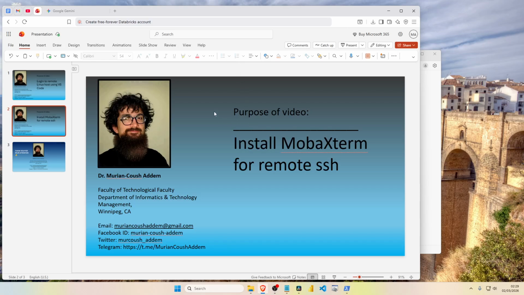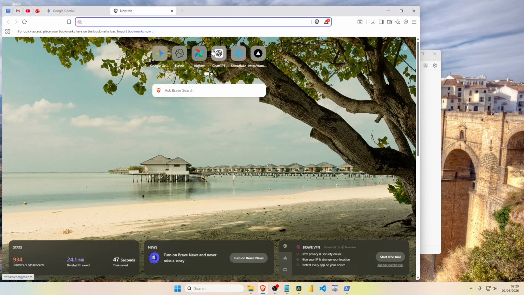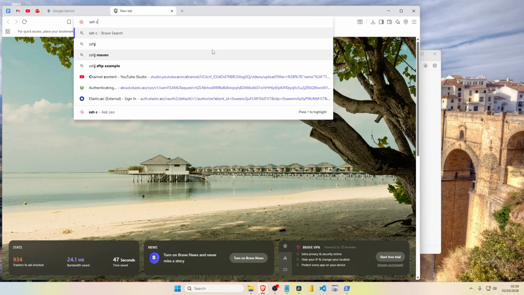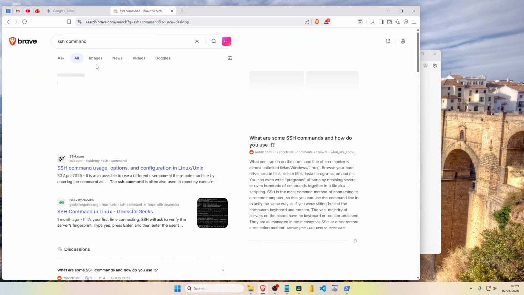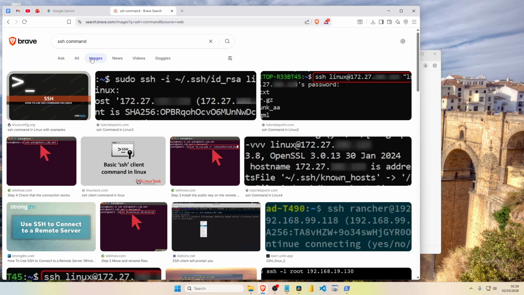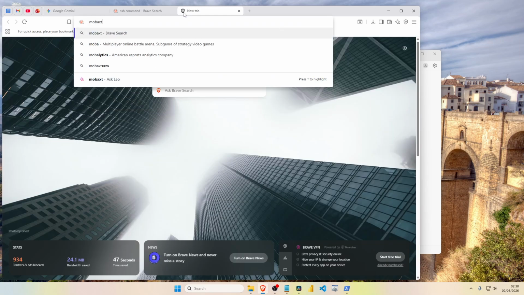So, installing MobaXterm for remote SSH is a very good thing to do because of those SSH commands. How does a typical SSH command look like? If you look here, it's ssh in Linux with the IP and the at sign and so on and so forth. I am not really the biggest fan of this, so let's just create the tool which is